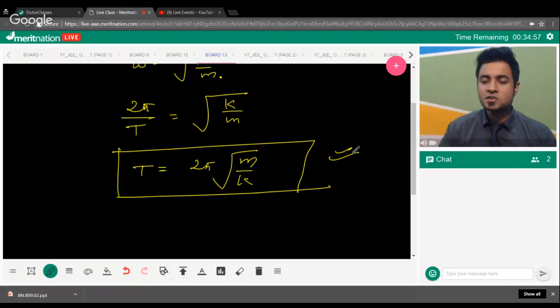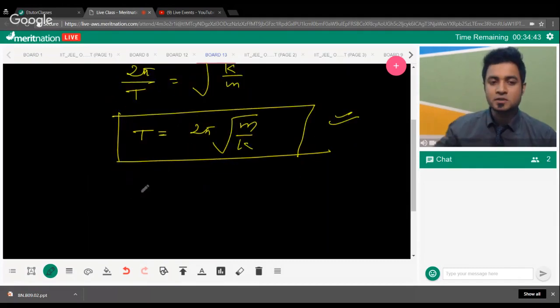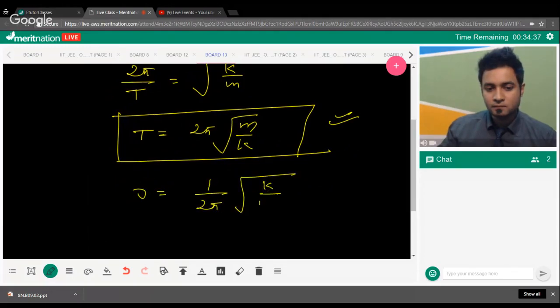And any system, if they give you any system, what you can do is you just need to write the energy equation, differentiate it, and you can just figure out the value of frequency or the time period. If somebody asks you the frequency here, again it would be nothing but this one, because nu is what, 1 upon T,